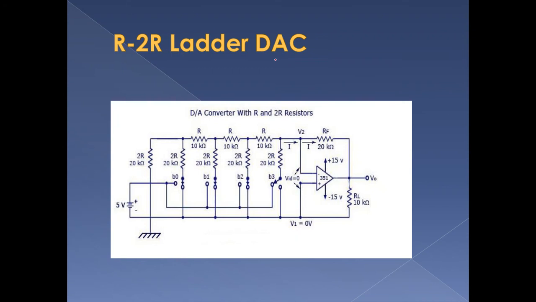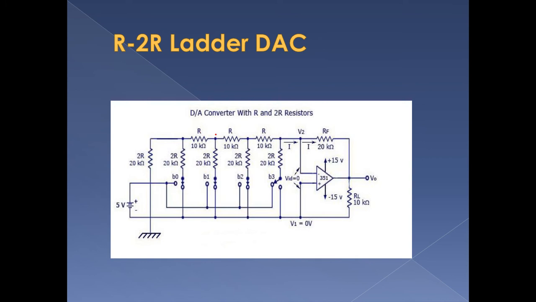Welcome to LIC class. Today we are going to see about the R-2R ladder digital to analog converter, which is designed to overcome the disadvantage in the weighted resistor digital to analog converter. In the weighted resistor DAC, according to the number of bits we have used, we will be using different values of resistors. So the existence of those kinds of resistors is a question mark.